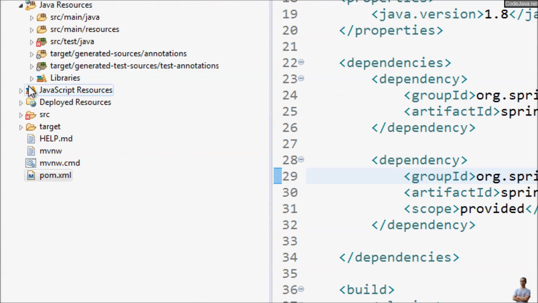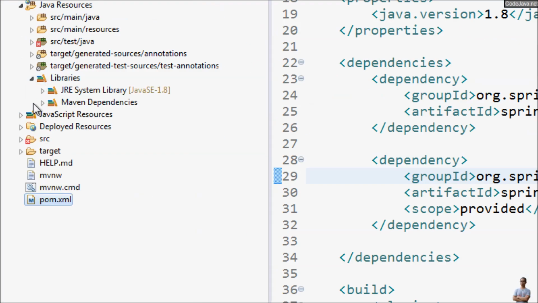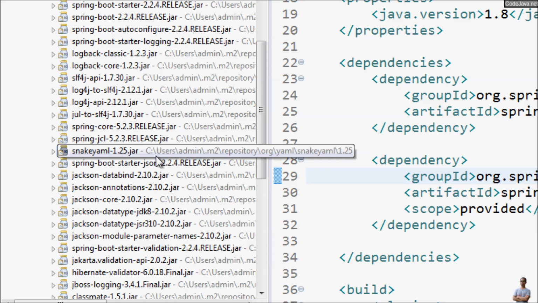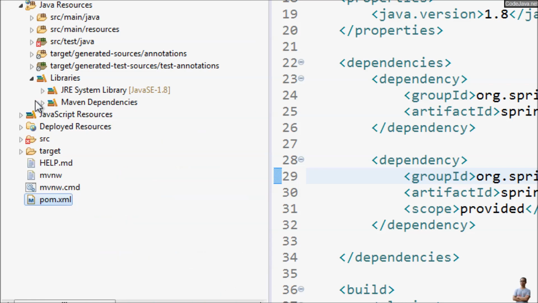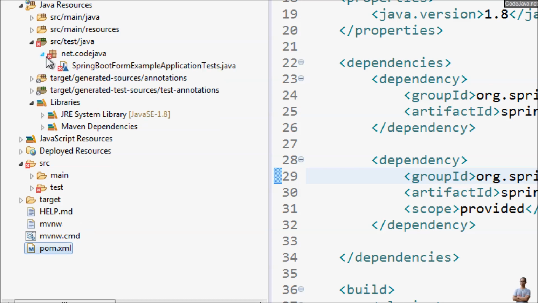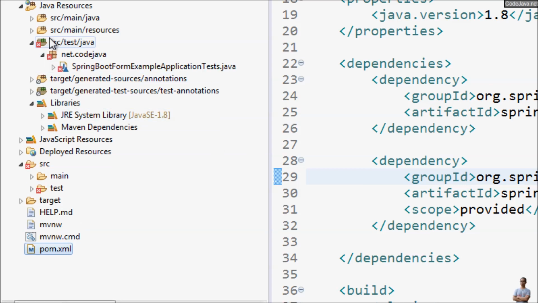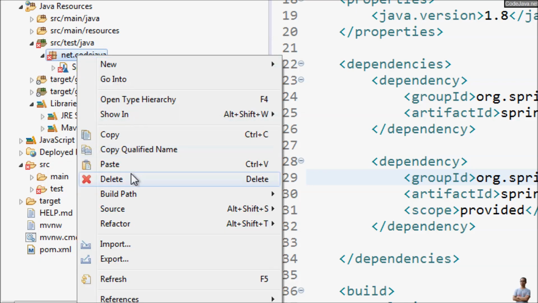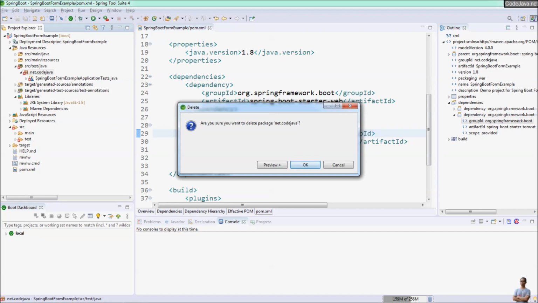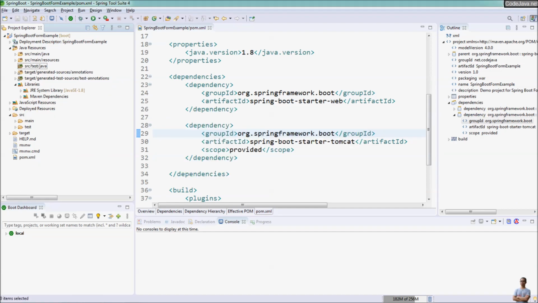and you can see under the Libraries section here there are many JAR files which are automatically downloaded by Maven. We got an error in the test folder here because we removed the test dependency, so delete this package. Delete. Okay, and you can see